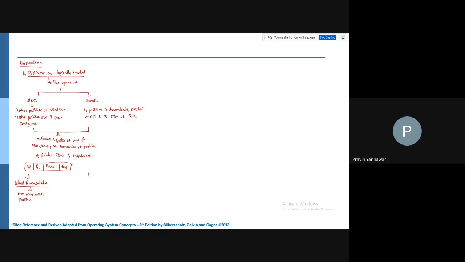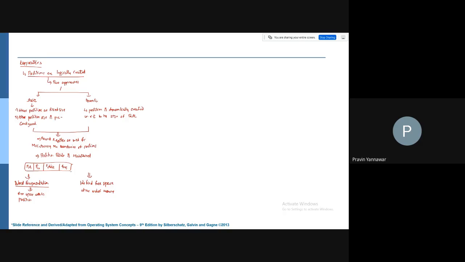Then in case of a dynamic partition, we find free space at the end of memory. Okay, so we find the free space at the end of memory in case of dynamic partitions, right?